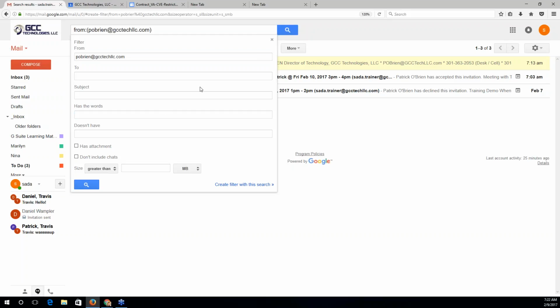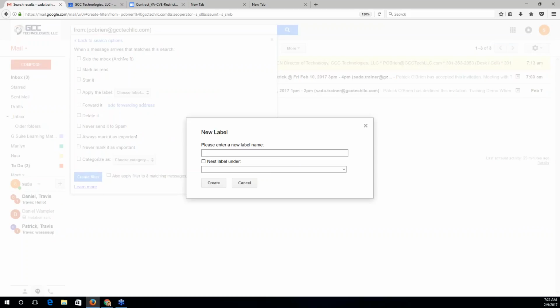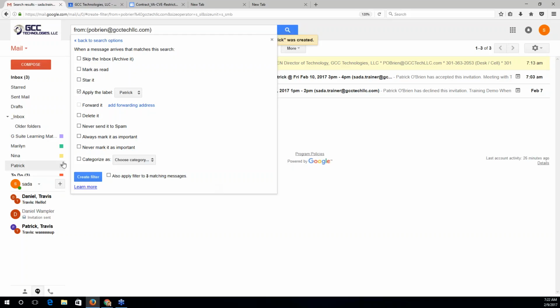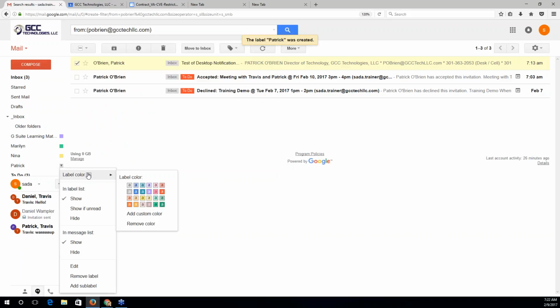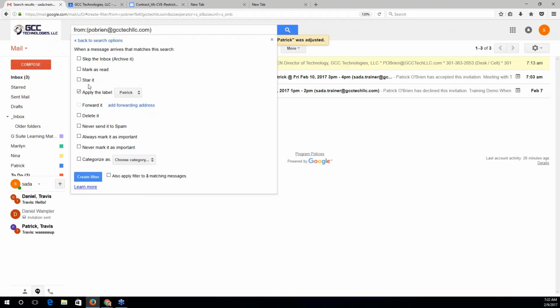But once your criteria is set, as mine is right now, I'll hit Create Filter with the search. And then to usher mail directly into a Patrick label, I will at least select the action of applying a Patrick label. I didn't have one before, so I'm going to spin one up on the fly. I'll hit Create. Now, just because I know Patrick is important, I'll quickly color code this into something easy and eye-catching, so maybe dark blue. Okay, great.